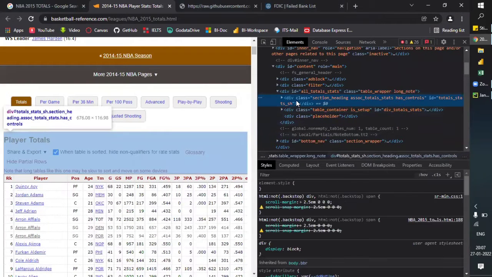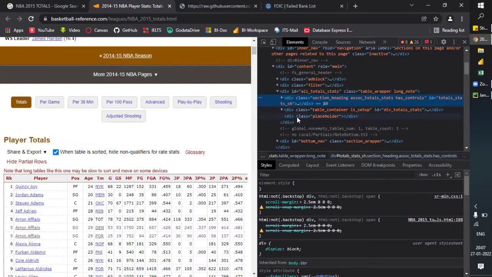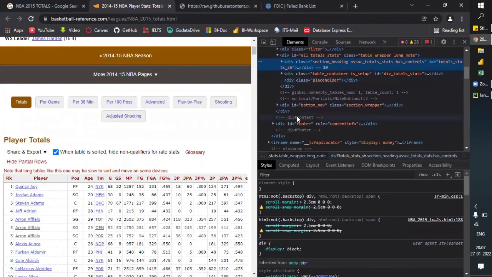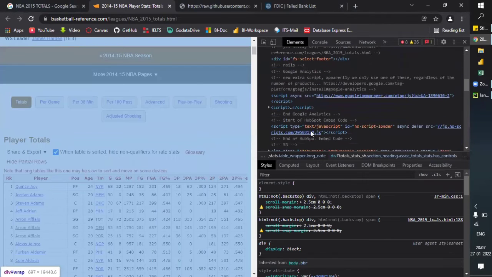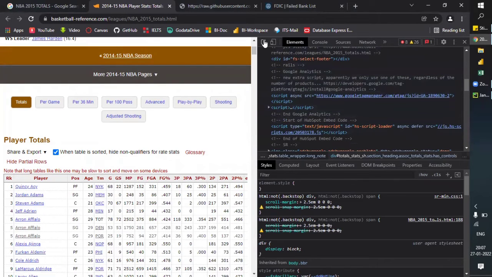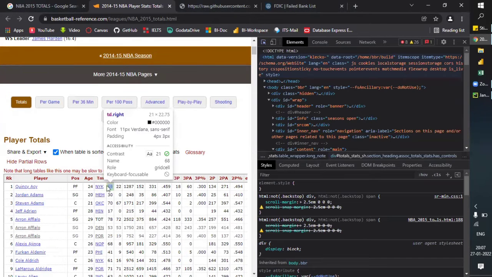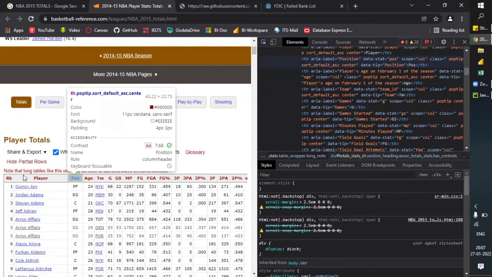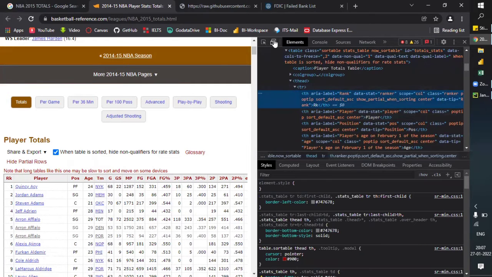If I hover this mouse, you can see it's highlighting a particular area of the web page. If I click this section, okay, I'm on the right track. So let's go here. This is the part.